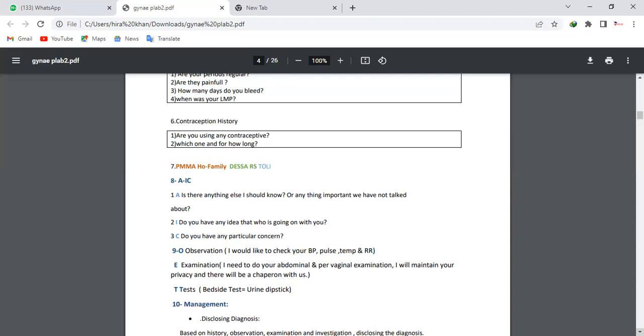Do you have any previous history of similar incidents, or any previous sexually transmitted infection history? Do you have any particular disease that runs in your family? And then you can skip the family history if you want to, if it is not very related. But you can cover it, it's totally up to you. There is no hard and fast rule. You can skip it, it depends on you.